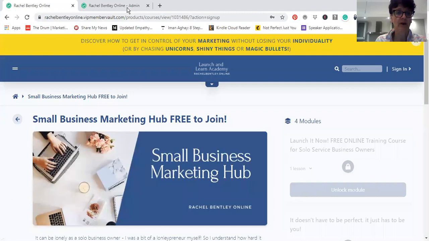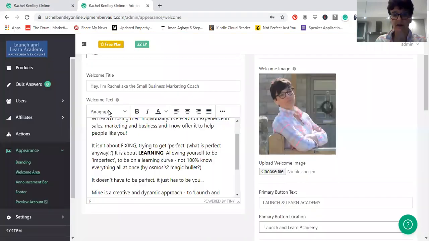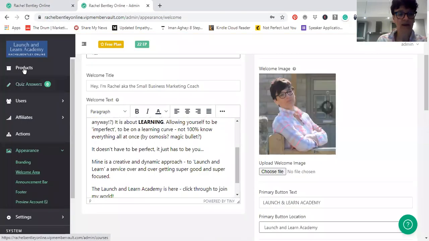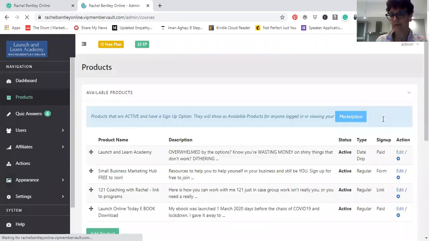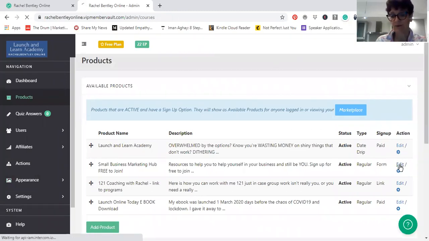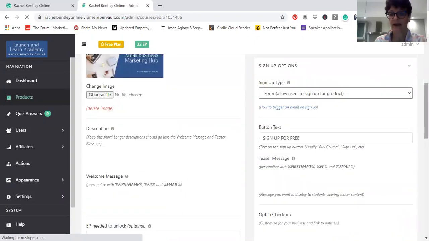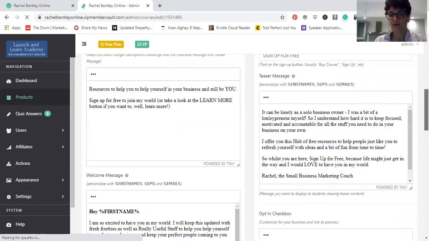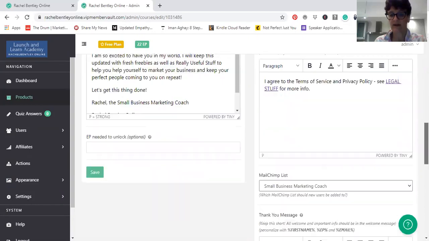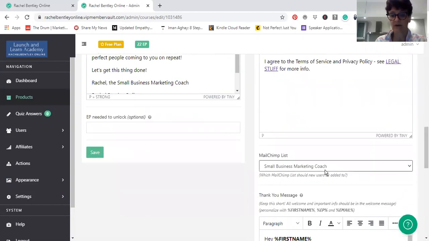Because, as if by magic, I'm going to take you through to the products here now. As if by magic, there is a way of linking your mail system. So that, for me, is MailChimp. But for me, you know, MailChimp is another free asset that I use, another free app. You might want to use things like ActiveCampaign, but I would suggest that you use something. And MailChimp list, small business marketing coach. Now, MailChimp is a whole other